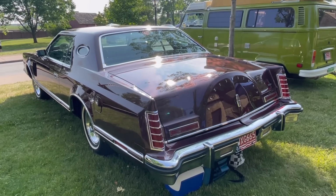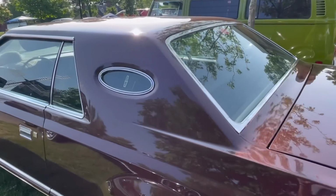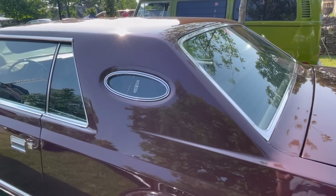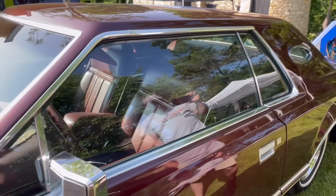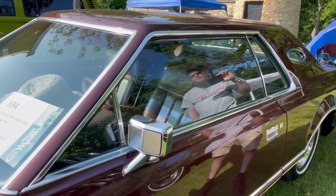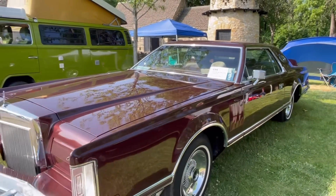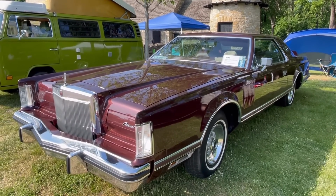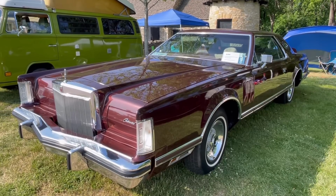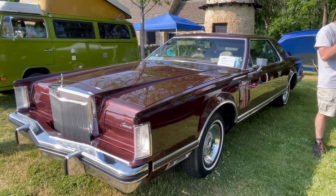plain overall. As the Mark V aged in 1978, a very special edition would be introduced called the Diamond Jubilee Edition that was launched to help commemorate Ford's 75th anniversary at the time. It was also available on the Thunderbird, but this Diamond Jubilee Edition was not offered in 1977. Buyers had to just make do with a few little extra designer series, including the Designer Series Edition. There was also a Majestic Velour luxury group that was available in 1977 if you wanted to jazz up your